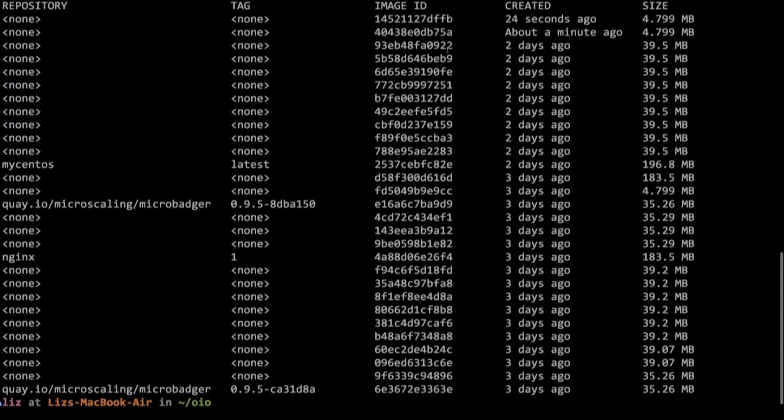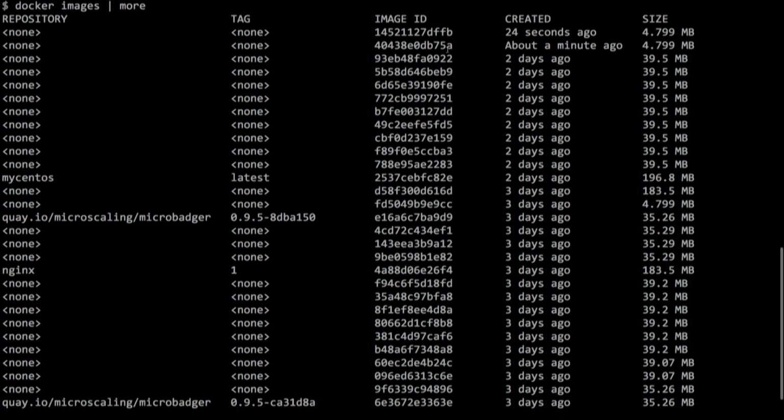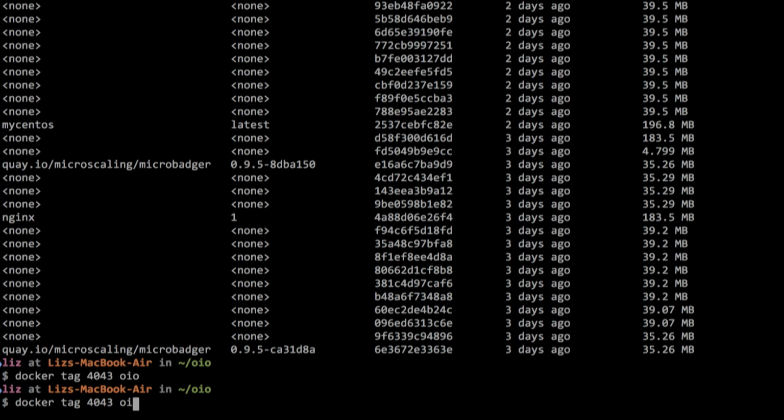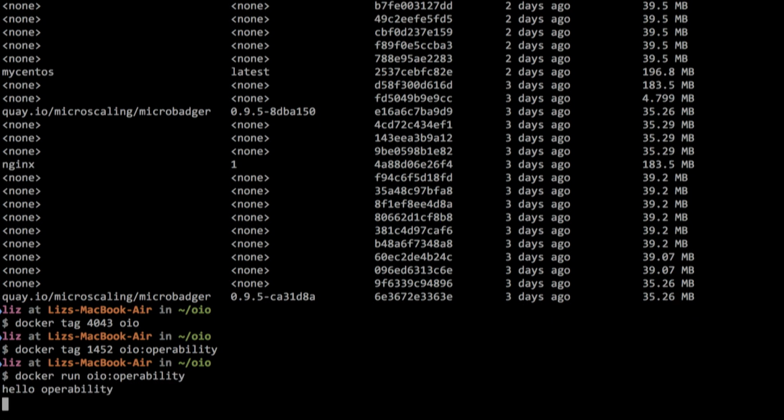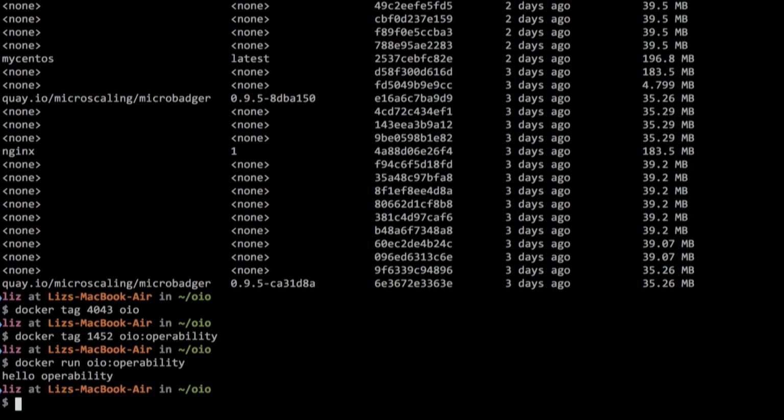And the other one, 1452, we'll call that operability, because I think that's the one. Let's check. If we run that one, operability, yeah, that says hello operability. So now if I look at my images,